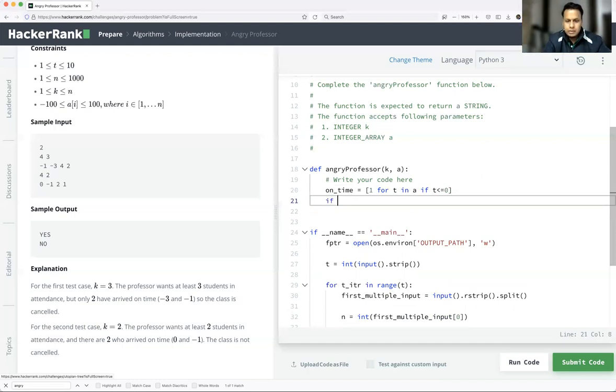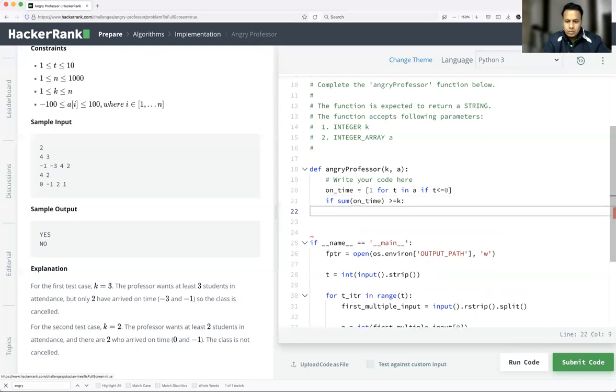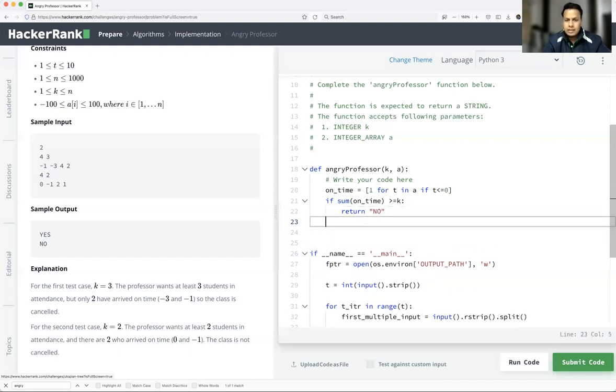So if sum of on time is greater than or equal to k, that is the threshold, it means your class is not going to be cancelled. So what do we have to use? Return no, it's not going to be cancelled. Else,